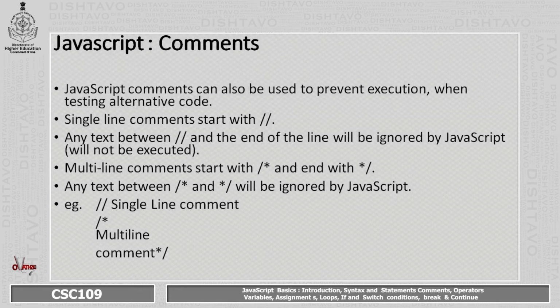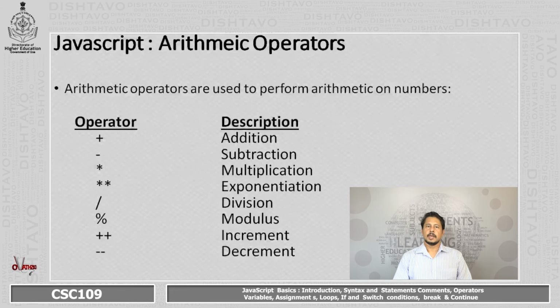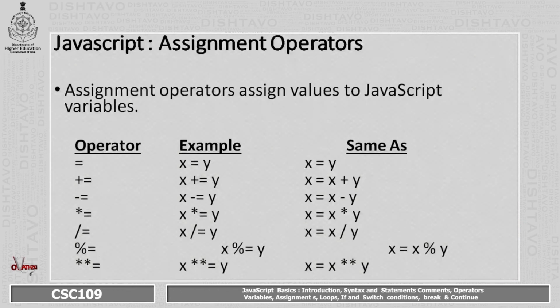Coming to operators, JavaScript has different operators. We have the arithmetic operators, that is addition, subtraction, multiplication, division, exponentiation, modulus, increment and decrement. They are very much like in the Java language. We have assignment operators. These are used to form expressions. We have the equality, then we have the additive assignment, the subtractive assignment, multiplicative and the divisive, modulus assignment and the exponent assignment. Now, these are used to compute a value and store it in a variable.